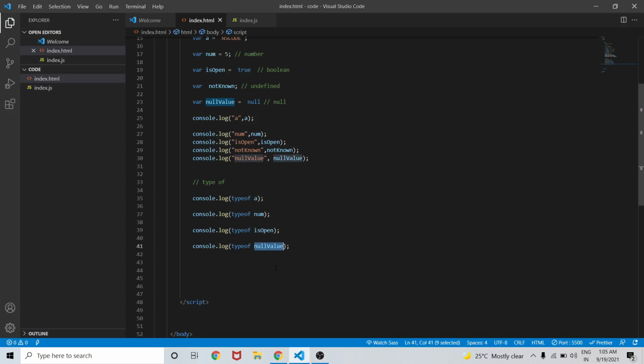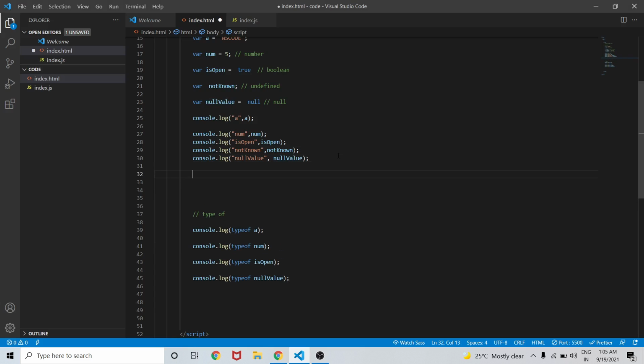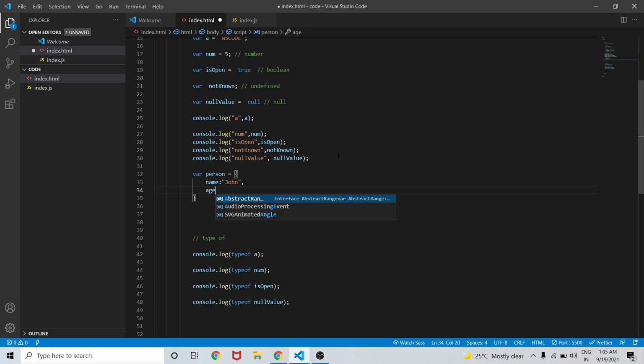And let me write one object here, variable person equals to an object having properties name John, and one more property, age, as 25.